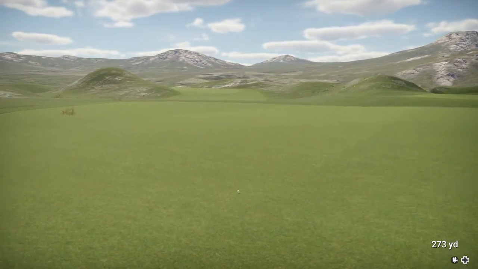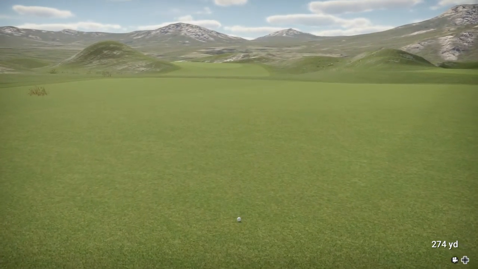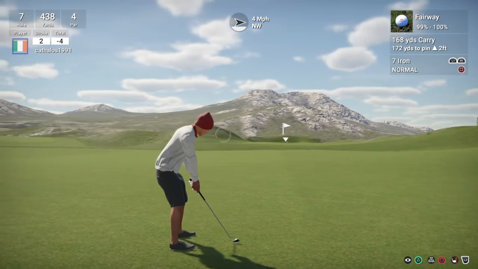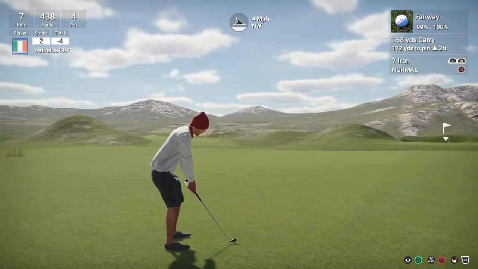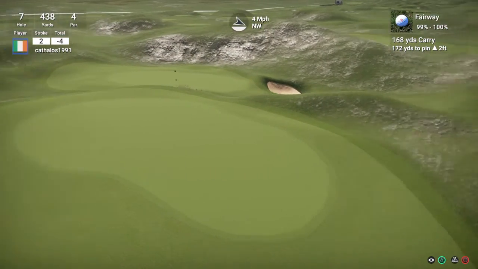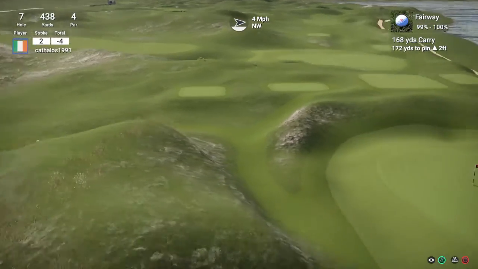Oh, there's a random piece of grass in the middle of the fairway. Nice. Something to get rid of. Okay, we're looking at around 170 yards up there. So just in case you're wondering what the hell that is, it looks like a fairway and green and everything else like that. It's literally just another green